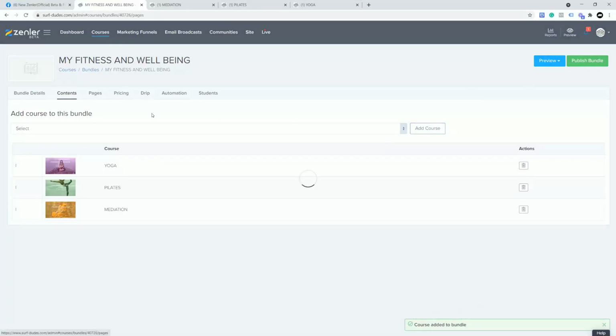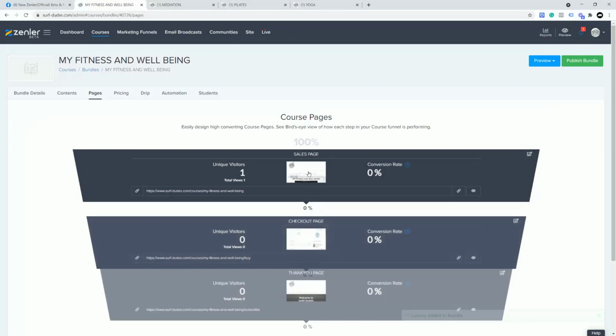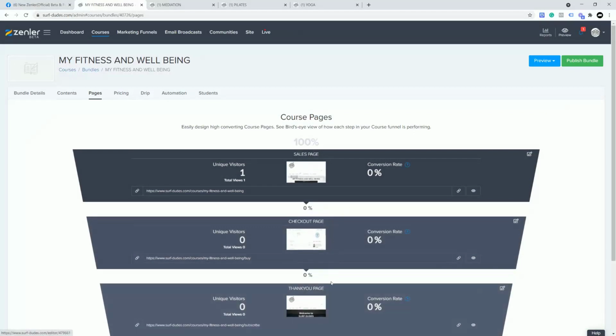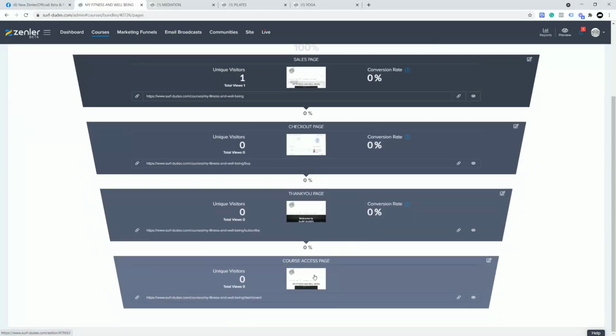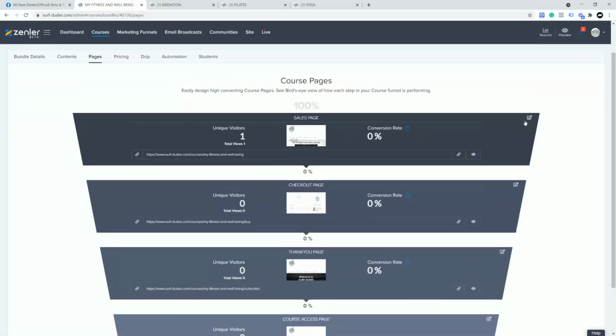I'm going to go to pages, and this is where you need to go through and style up all your sales, checkout and thank you page. The one I'm interested in here is the course access page, which will have links to the various courses when we get into it. So let's go and set up our sales page now. Like I said, this is quite a long workshop because I'm running through setting up 3 courses